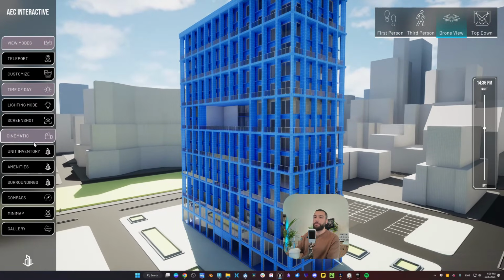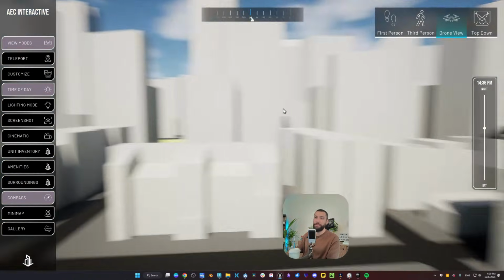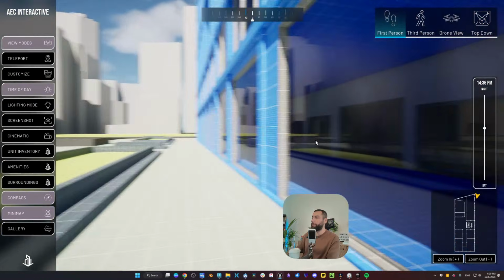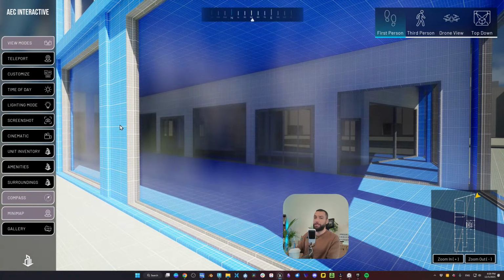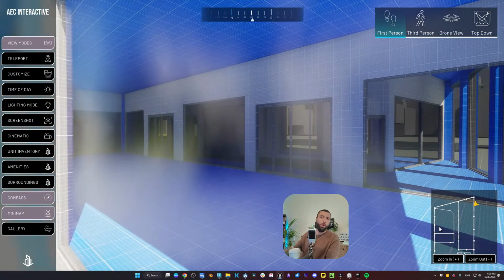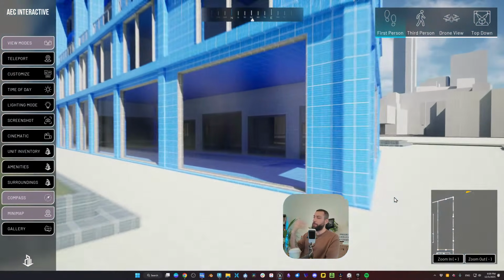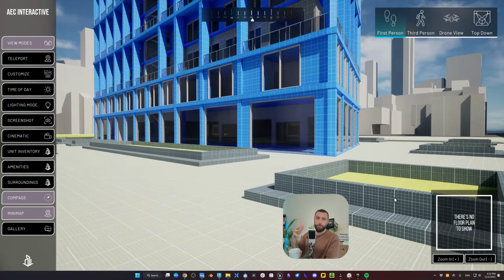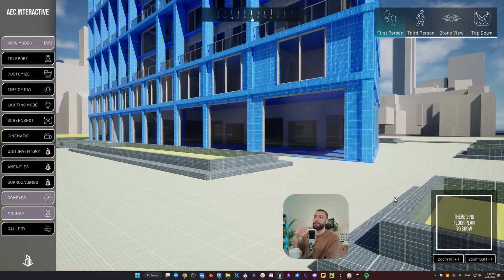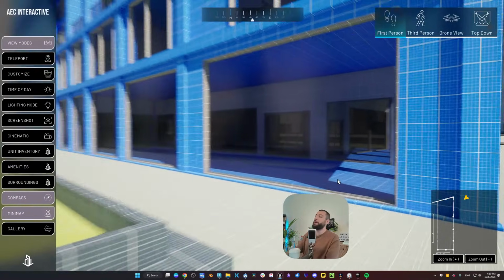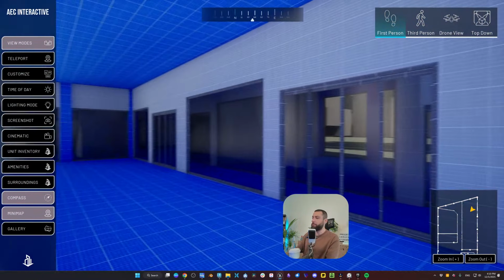In addition to that, these are three important modes that we're going to discuss in a second. We also have a compass that's very easy to set up as well. And we have a minimap. So a minimap, let's go to the first person view. As you see, when we enter specific bounds or we are near the project, it will show. And when we leave the part of the project, there is basically no minimap. And you can set as many minimaps as you want in your project in different rotations, for different floor plans, and for different buildings and so on.